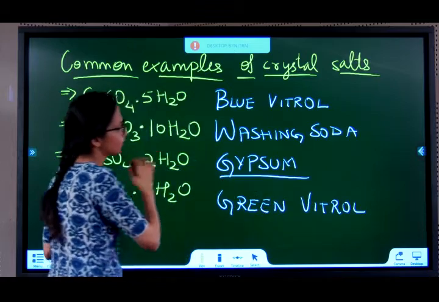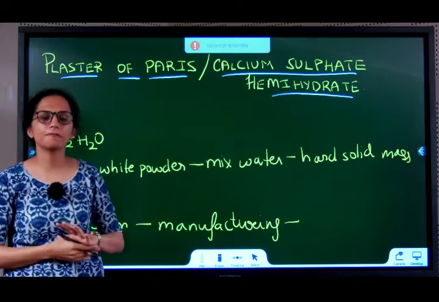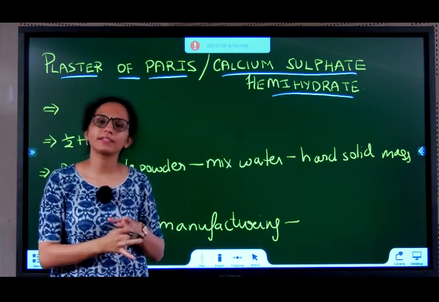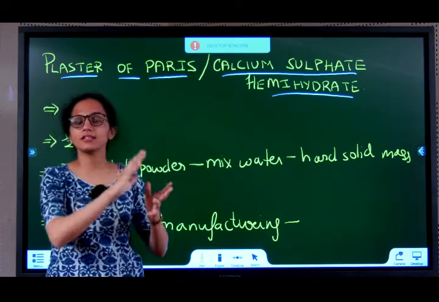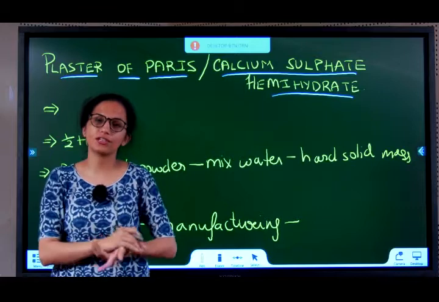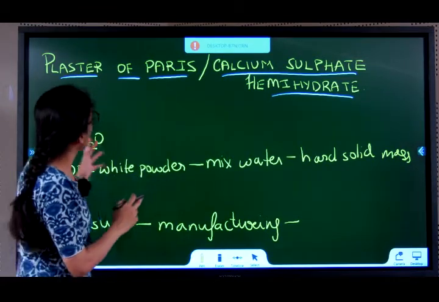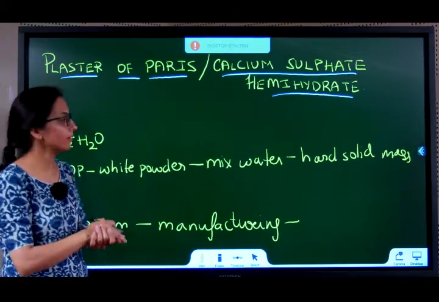This is the next compound we'll be studying. The next compound, plaster of Paris. We have all seen the use of plaster of Paris in many places, decorations. Today in our walls, the lightings are also cleverly made with plaster of Paris. You put plaster of Paris and in between they put the light over there, right? So this plaster of Paris is very commonly used in our environment.